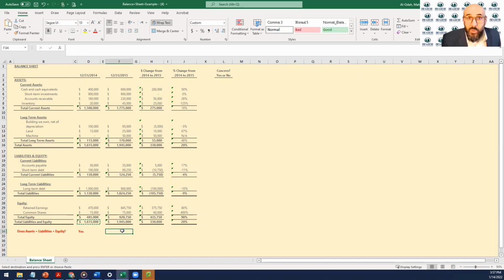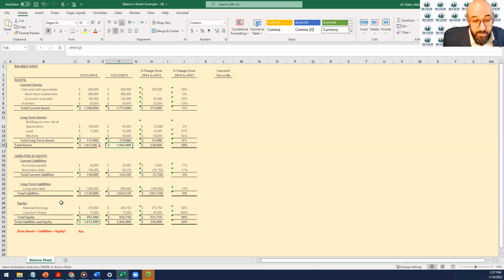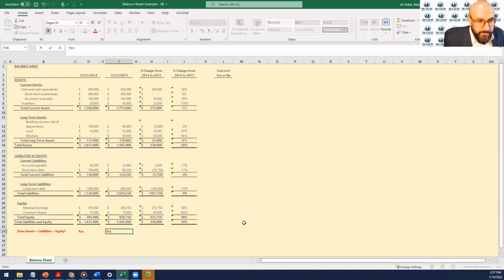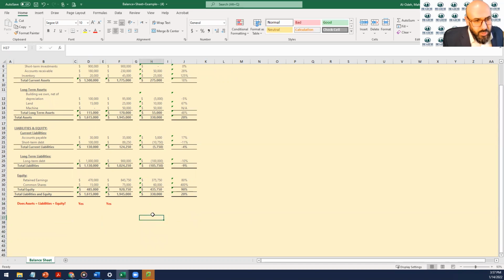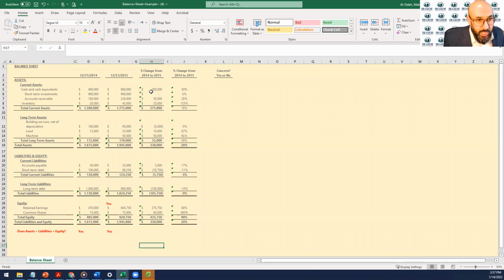Now we have to answer the question: is this balance sheet balanced for 2015? Look into the total liability here, 1.9 million versus 1.9 million. These are equal to each other. So yes, it is balanced. Now, the last thing that we need to do is to find out the changes, and the changes would be,